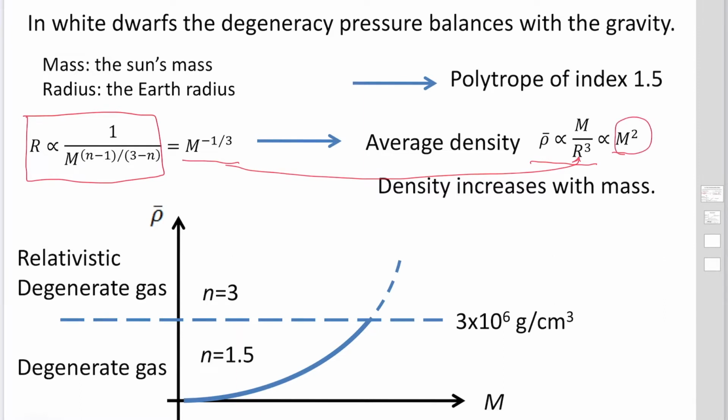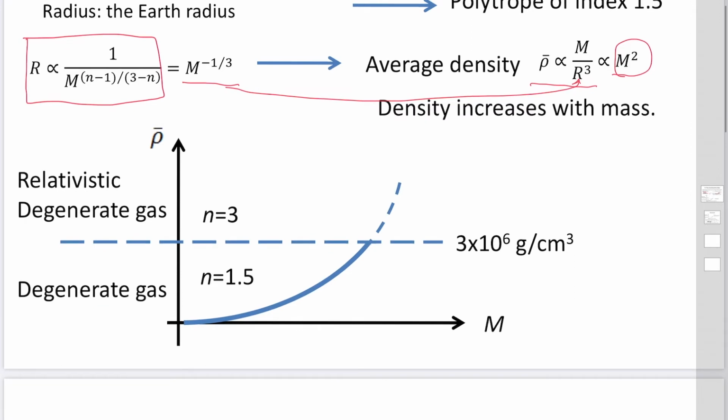So the average density of a star increases with the mass, because the radius is decreasing with increasing mass. Then we can draw the graph. The vertical axis is the average density of a star, and the horizontal axis is the mass of the star. If the mass is increasing, density is increasing,